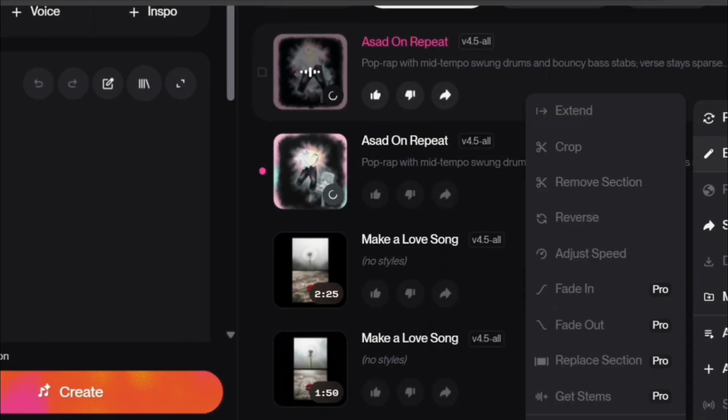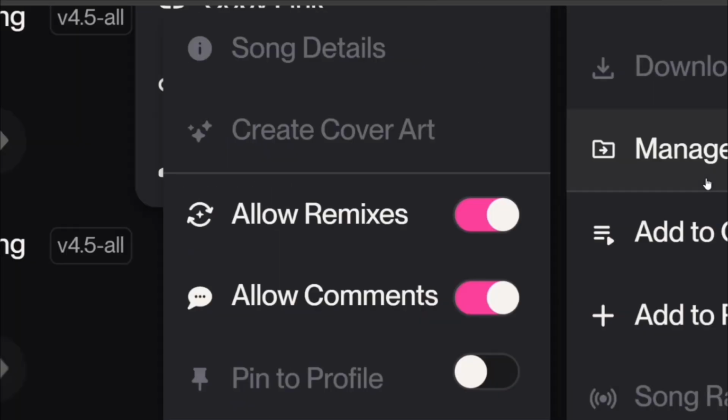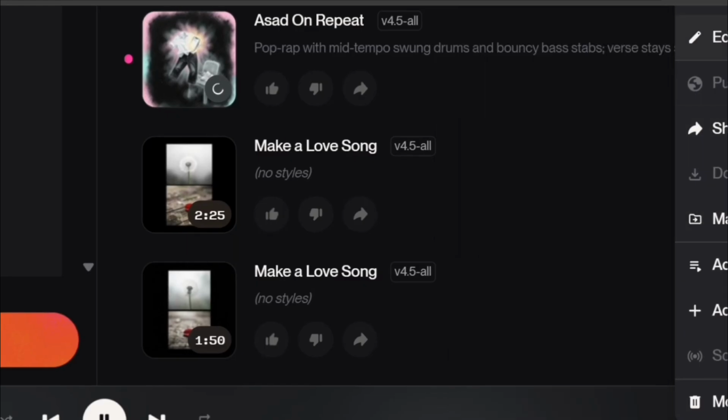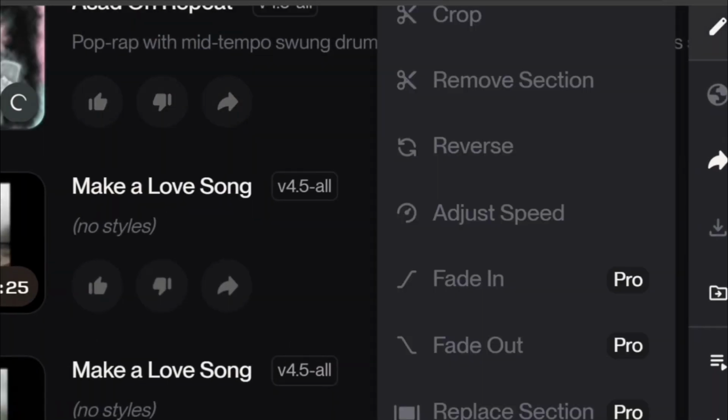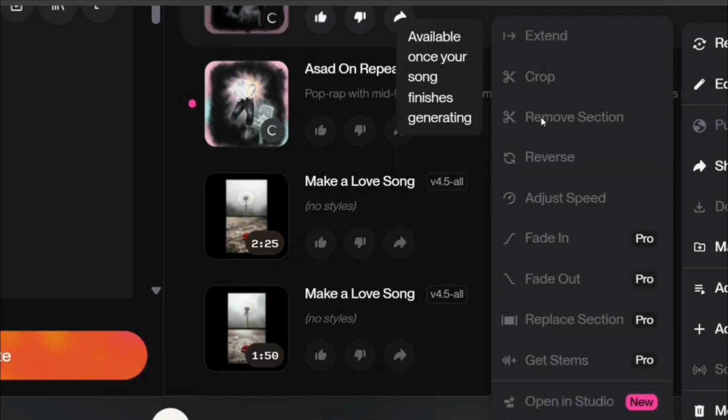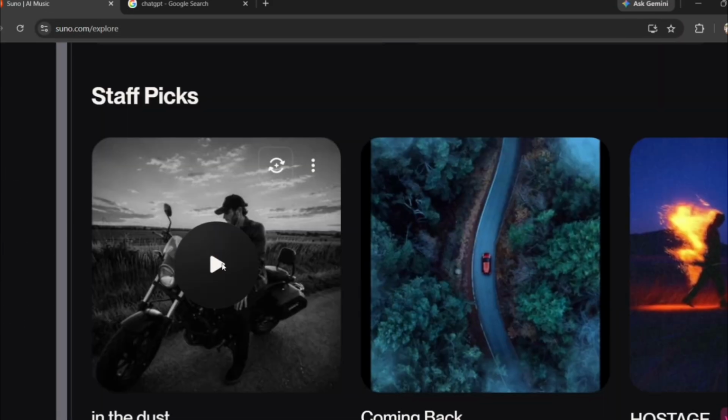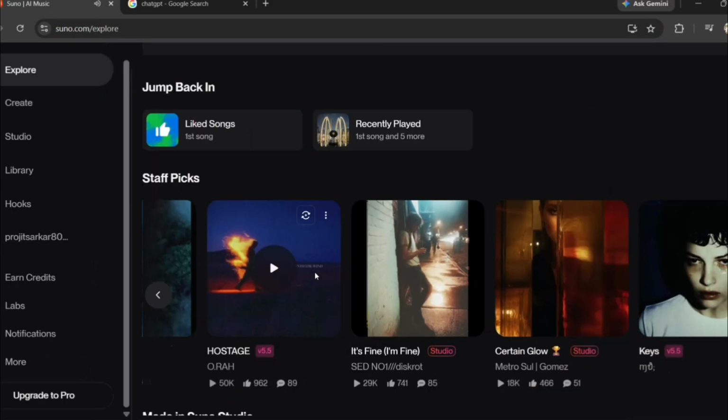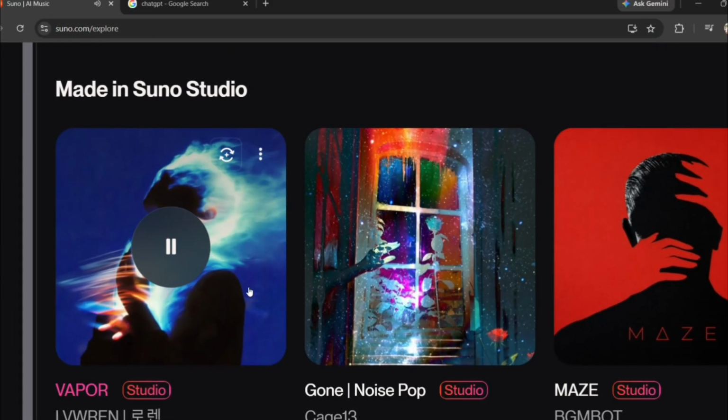Getting a copyright error in Suno AI and have no idea what you did wrong? Don't panic. You might not need to delete your song, rewrite everything, or give up on the idea. In this video, I'll show you the simple way to troubleshoot Suno AI copyright issues, avoid common mistakes, and create music that's much less likely to get flagged.